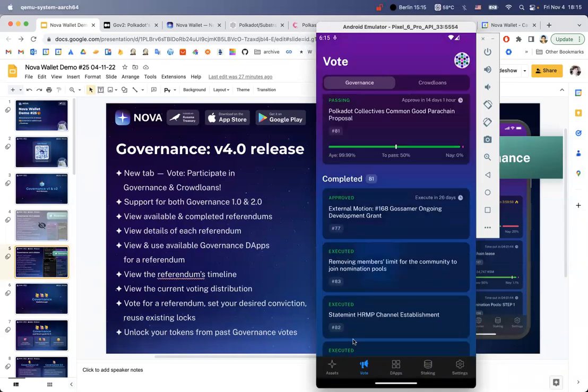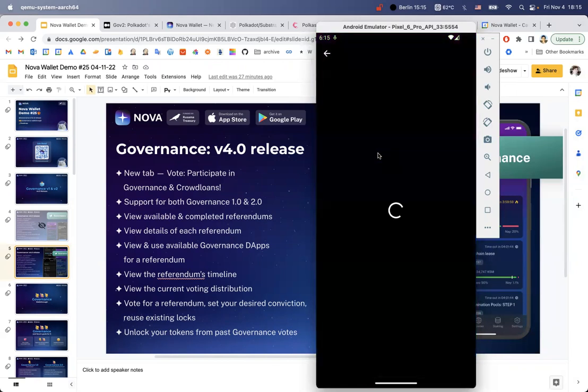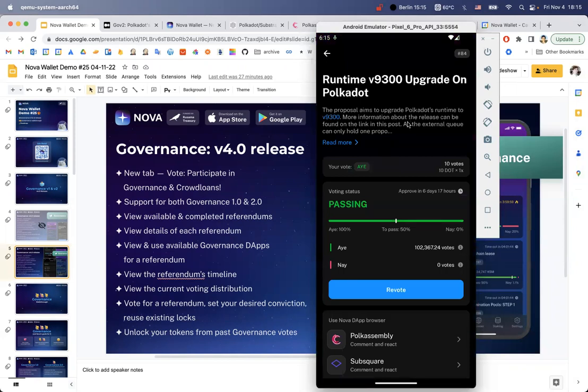View the details of each referendum. So let's go to one of those available for voting. For example, this one, to vote for a runtime upgrade on Polkadot. Now, what we can see here is the title and the description, and it's worth mentioning that in order